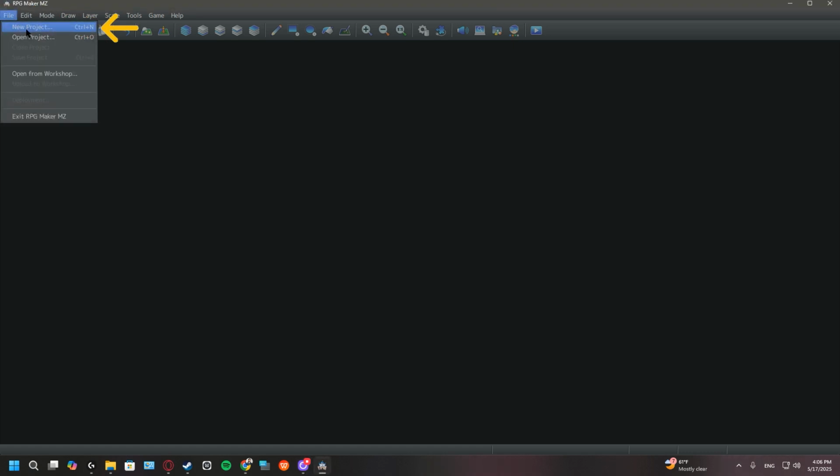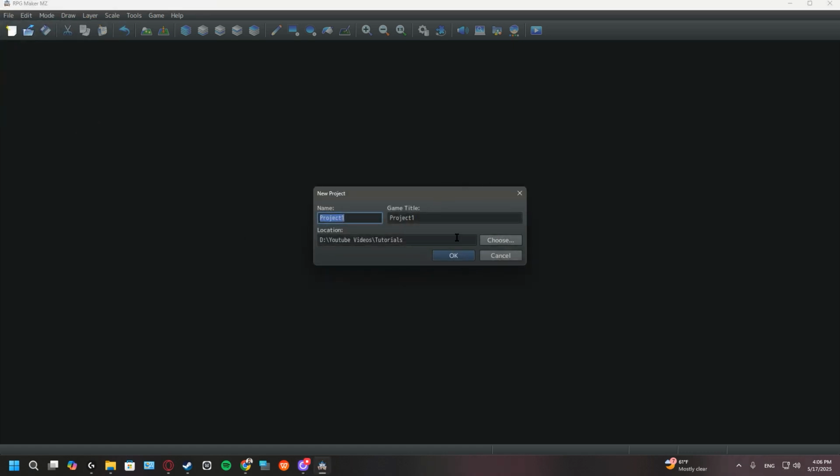We need to start a project folder. So, what we're going to do is come up to File, New Project, and this window is going to pop up. Here we are going to name our project tutorials, and then we will name the game. We can actually name the game later, so we're just going to leave this as tutorials for now. But before we hit OK, let's do something first. Let's close this,